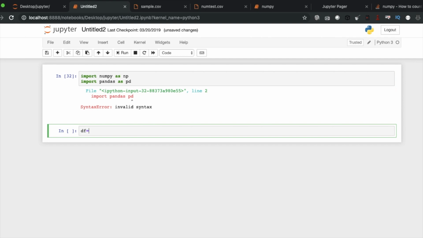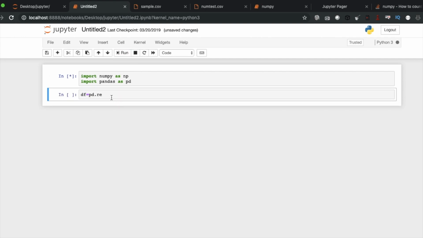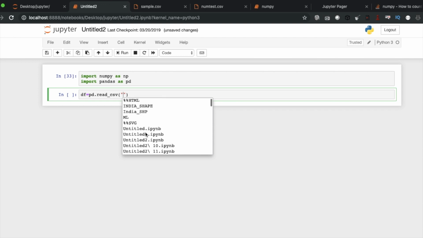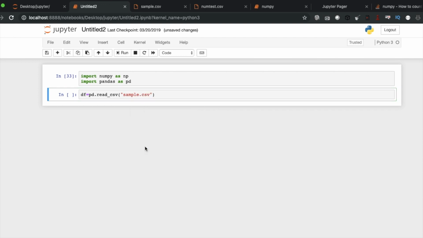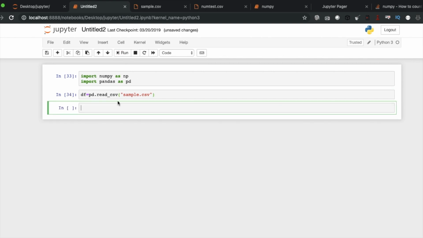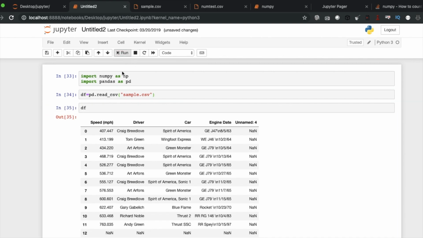df equals pd dot read_csv, df equals this.